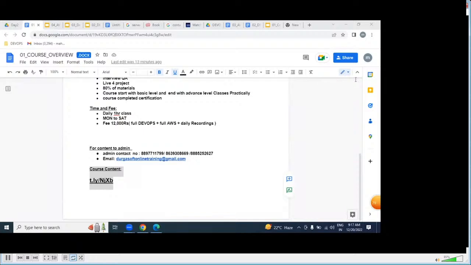If you join any institute for DevOps, the syllabus is the same. What exactly is DevOps? My job is to make it easy to understand what DevOps is. That is the difference compared to other institutes.